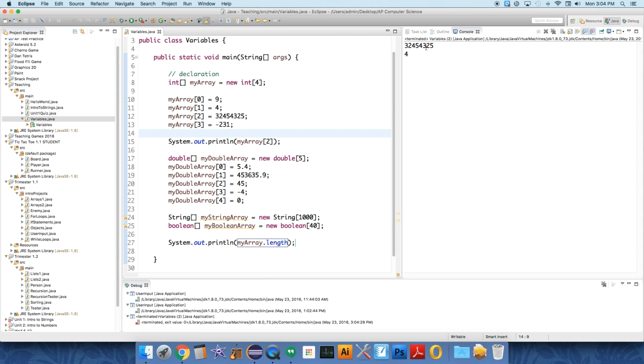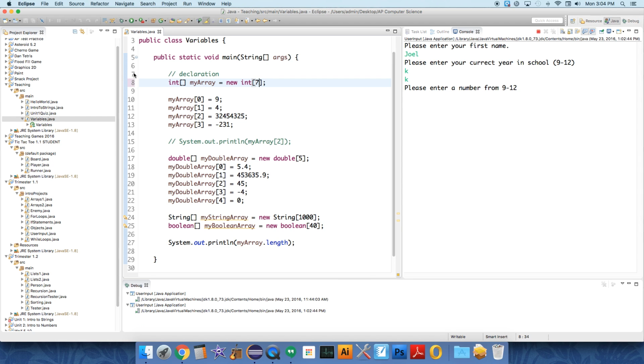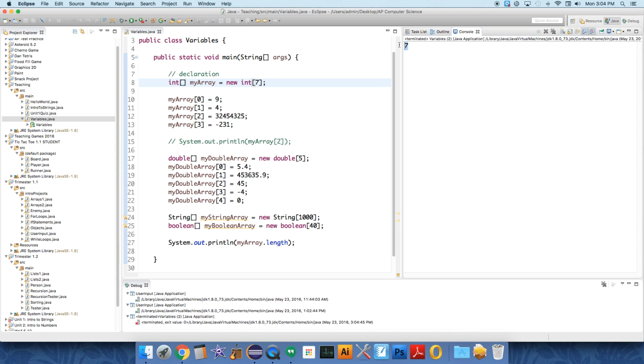And so, yeah, after this one we'll just comment this out. It'll print 4 because my array has 4 different slots. You can see there, if we change the slots, it'll print that out. 7 slots. So this is very useful actually, and you use it fairly frequently because oftentimes you'll want to store